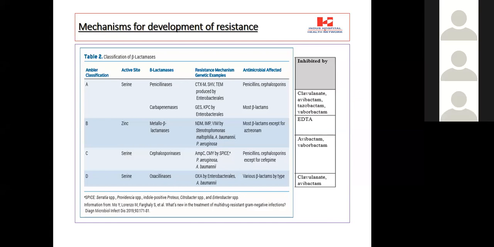Okay, there's another slide which is showing some different classes of beta lactamase, like एम्बलर क्लासिफिकेशन है A, B, C, D, और ये साइट्स दी हुई हैं किस साइट पे वो रेजिस्टेंस डेवलप कर सकते हैं। Like class A है पेनिसिलिनेज, ये एंजाइम्स हैं जो पेनिसिलिन्स को रेजिस्टेंस करते हैं, तो एंटीमाइक्रोबियल अफेक्टेड जो है वो पेनिसिलिन्स और सेफलोस्पोरिन्स वगैरह हो सकते हैं।